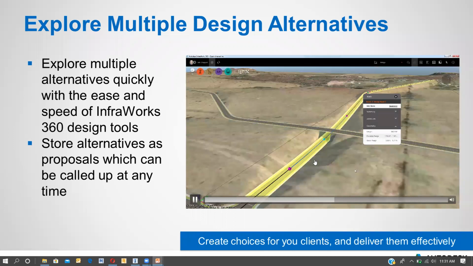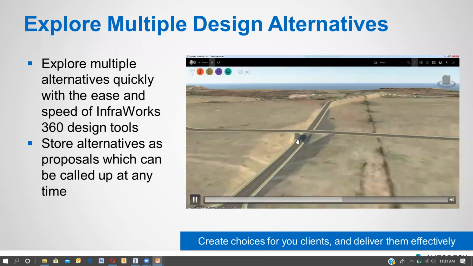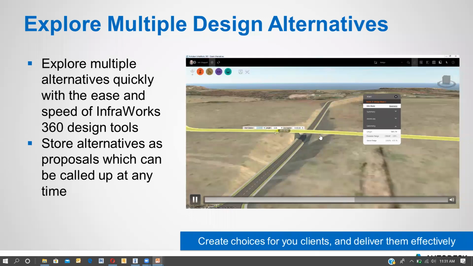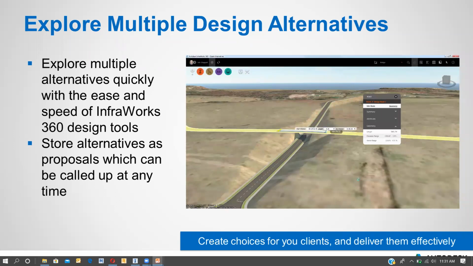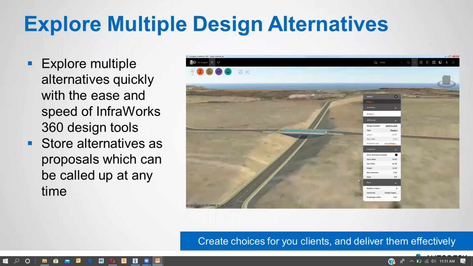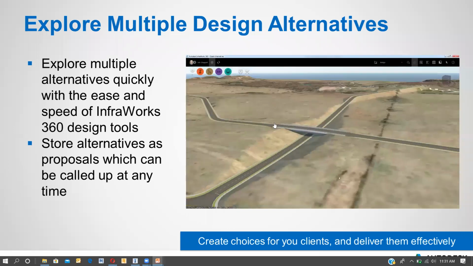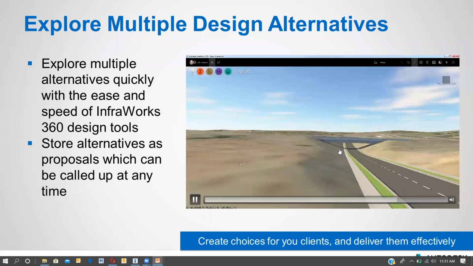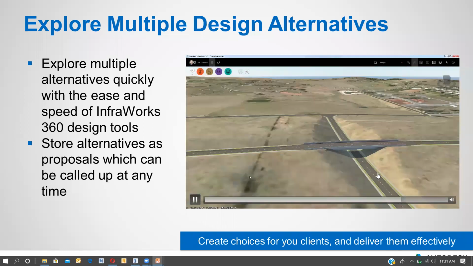Can you see? They have made the intersections and they have made this road below that road. Now they are making the bridges over there. All this is done in a few minutes or in a few seconds. So there is no time-taking activity here in InfraWorks. All the things are made easily, like you can see the bridge running over this road.